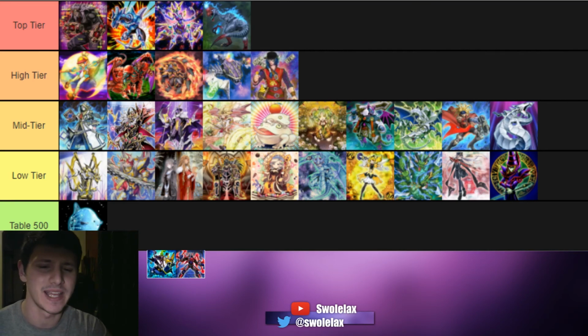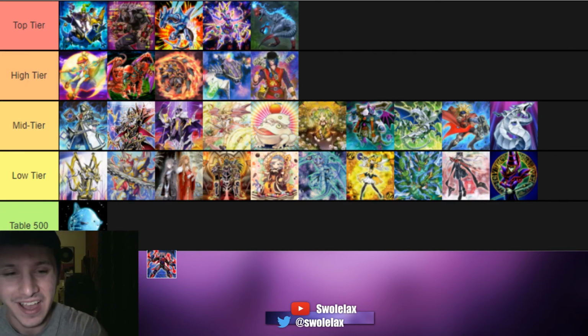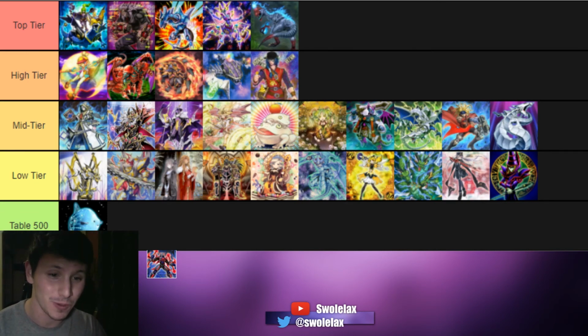And one of the best decks of the format is, by far, Invoked Shaddolls. That's right. Invoked Shaddolls is probably one of the best decks of the format. It is uber consistent. The ability to have Magical Meltdown and to save not only your Invocation summons, but also your Shaddoll summons is absolutely insane. The consistency of this deck to consistently put out boards